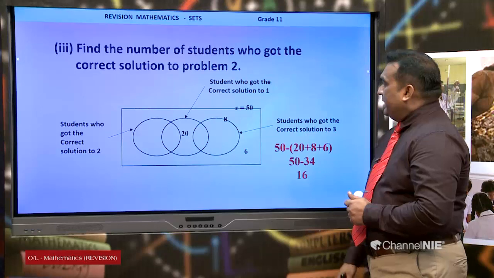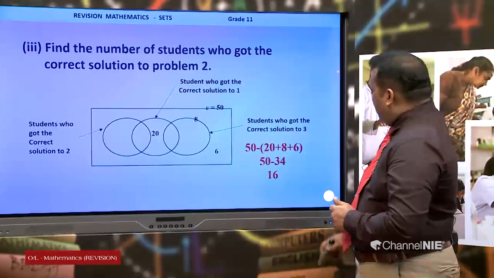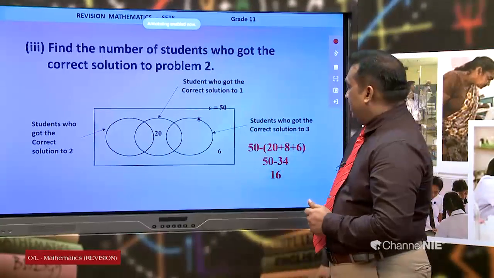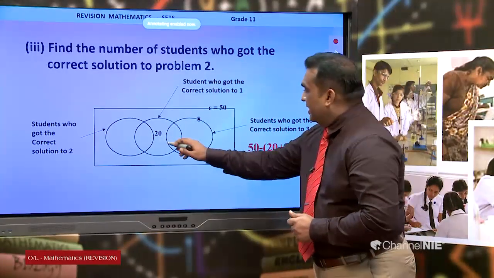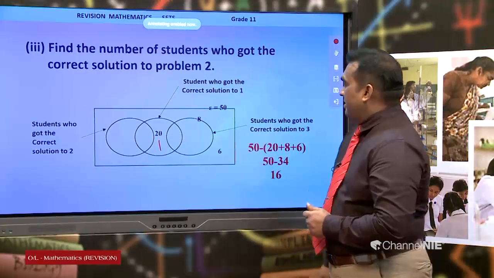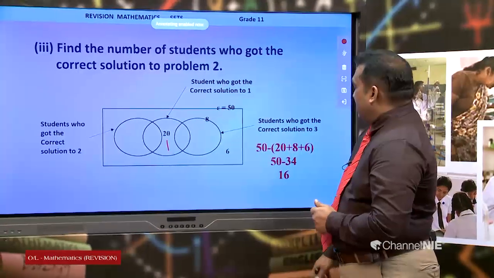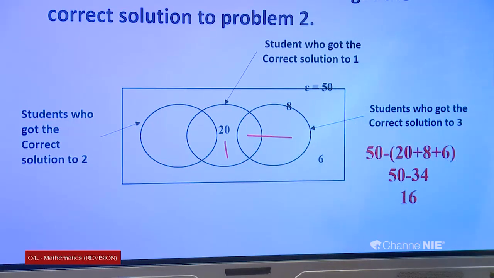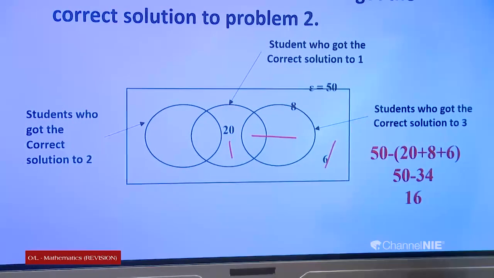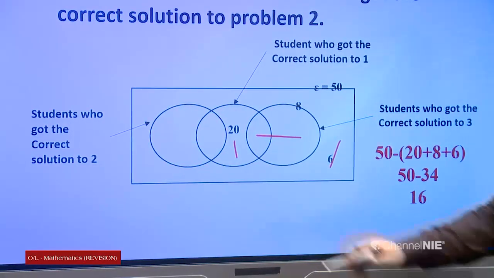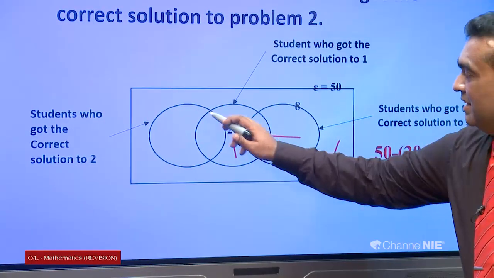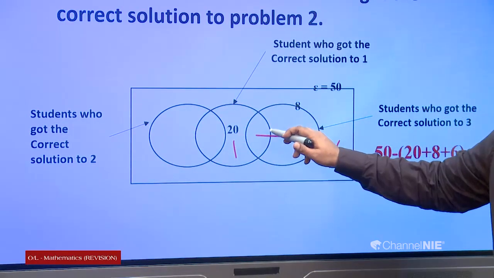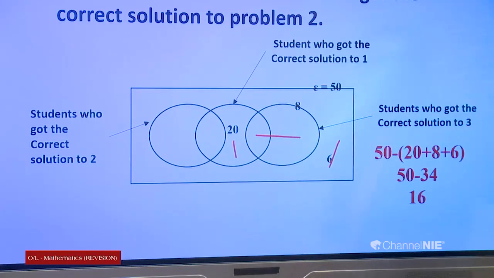Here you know that problem 2, 50 minus 20, this region, plus 8, these two, plus 6, this one. This region plus this one, 20 plus 8 plus 6,